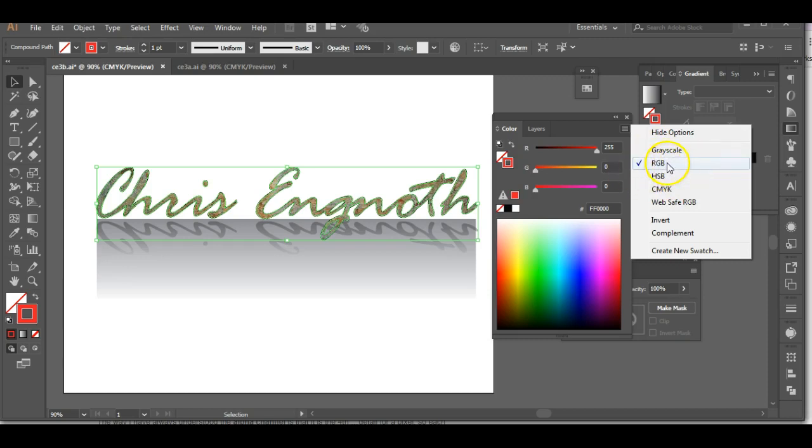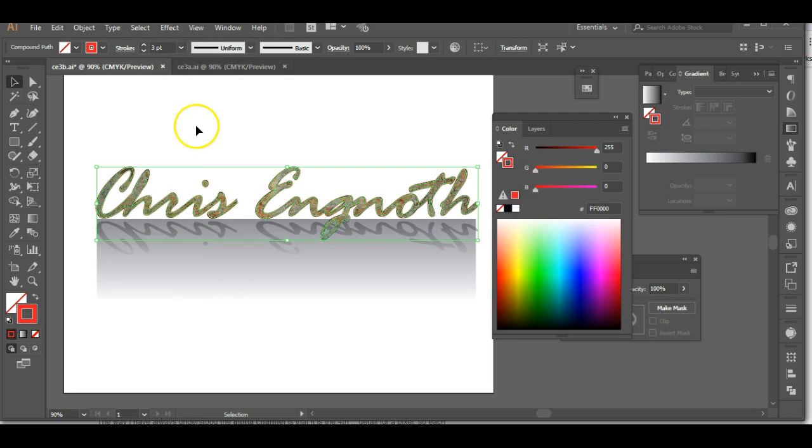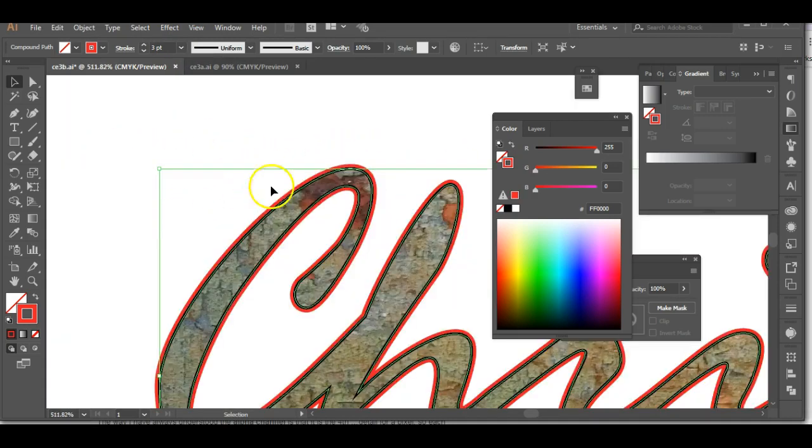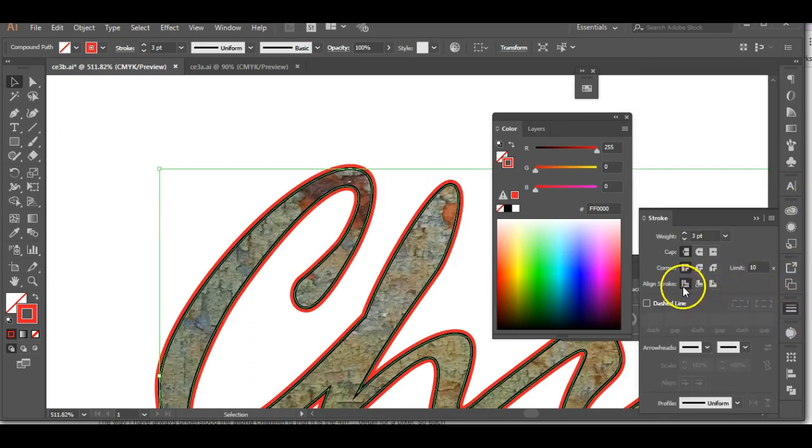Color gamut in RGB is much wider. You can get many more possible colors. With CMYK, the color gamut is much more limited, and that's due to what you're able to get through the printing process. Okay, so let's go back to our red stroke, which you can't see right now because it's underneath. We can change the point size on this and go up to 3 points. You can start to see it a little bit now, but there's a function in our stroke editor where you can set different